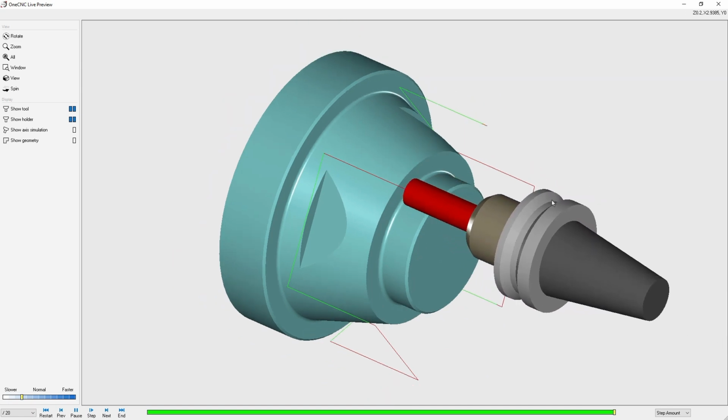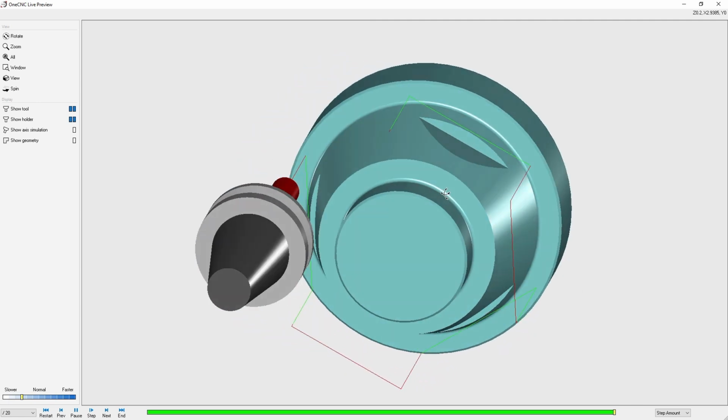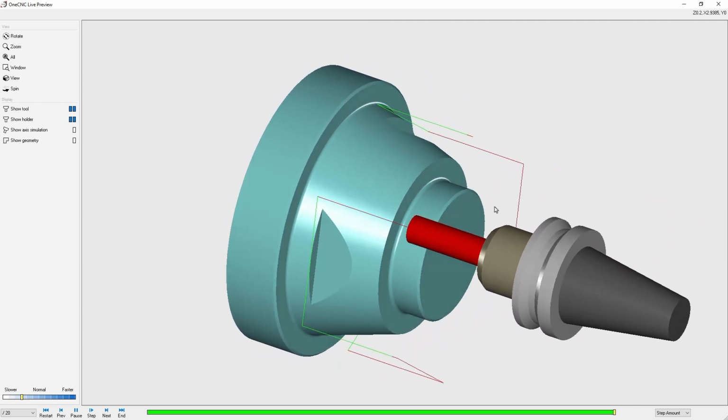All right, that's it for this training video. In the next video, we're going to expand a little bit more on the Z-axis machining and also take a look at